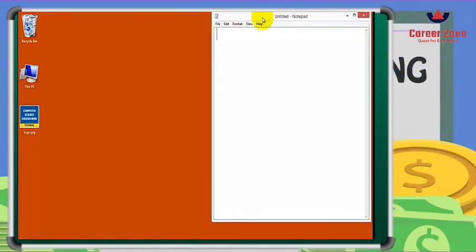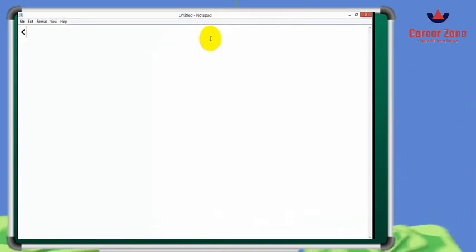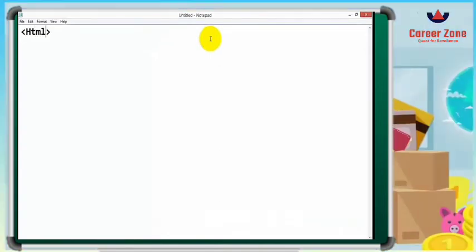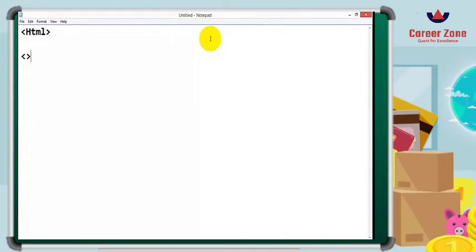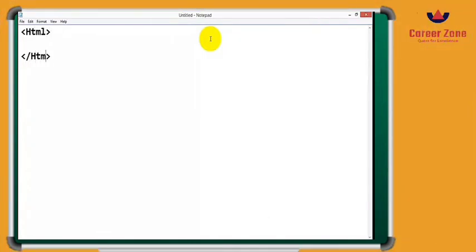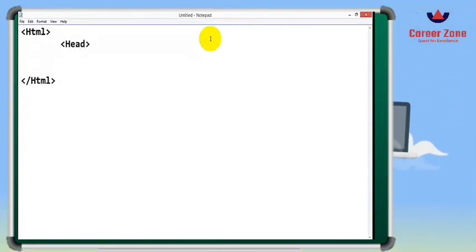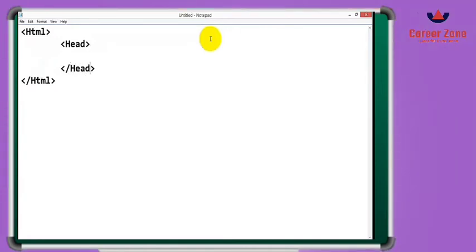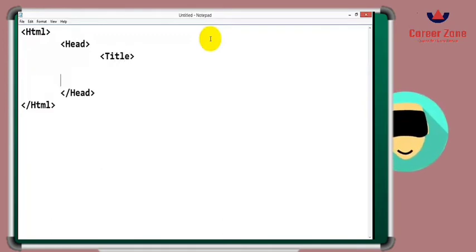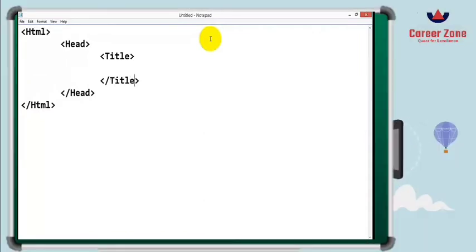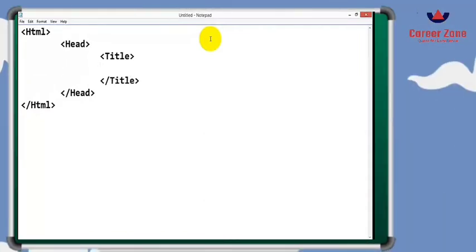Go into your computer and open the notepad. Then write the HTML tag, which is the basic, main tag of HTML. Inside the HTML tag, we will use the head tag. So you need to write the sequence, the structure of the HTML basically. Inside the heading, you can give any heading, whatever you like. I am not giving a heading right now. And then I have written the title tag. The title tag is closed before the head tag. You need to remember that also.